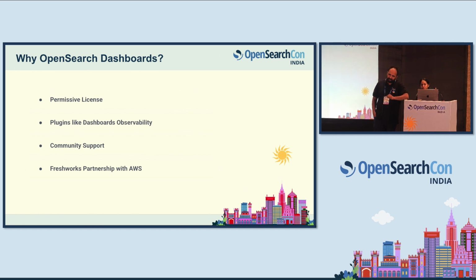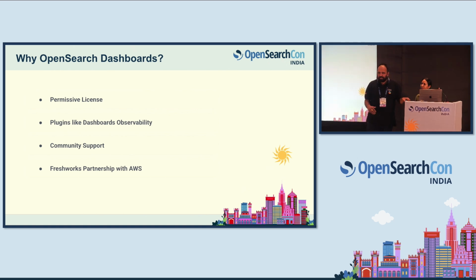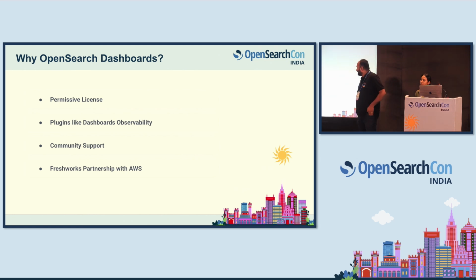in one place. And the major thing was, there is a plugin inside OpenSearch Dashboards called the Dashboard Observability plugin, which is an inspiration for us to extend to all the signals, to have integrations with our platform, and to have all these things inside OpenSearch Dashboards itself. That's one point. The other point was community support for OpenSearch Dashboards. OpenSearch has a great community. It was driven actively, with active development going on with all the features going into OpenSearch Dashboards. For every release of OpenSearch, there is a release for OpenSearch Dashboards also, if you don't know.